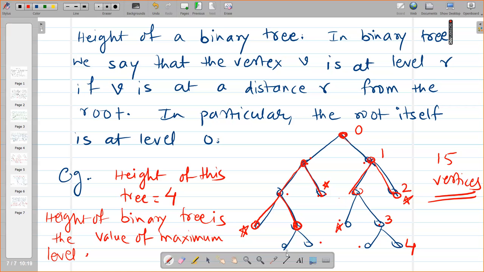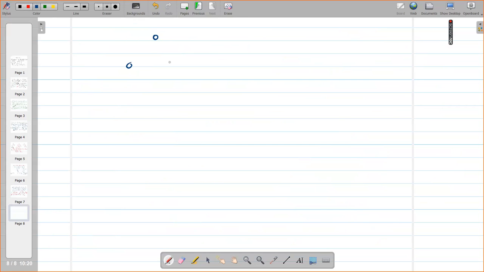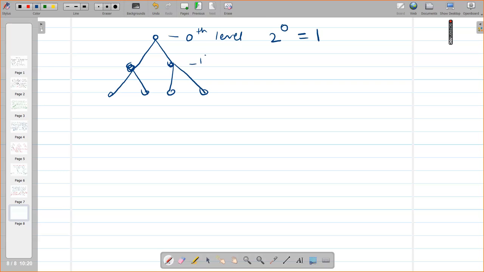What will be the least number of vertices at every level, and at most how many will there be? See, at the 0th level there is one vertex. How many come out of it? 2. How many can come out of these 2? How many vertices can you draw from these two? From this you can draw 2 each, and 4, right? So how many vertices are there at the 0th level? 2^0, that is 1. At the first level, how many vertices can be drawn? 2. At the second level, how many maximum vertices can be drawn? 4. So do you understand the capacity of each level?